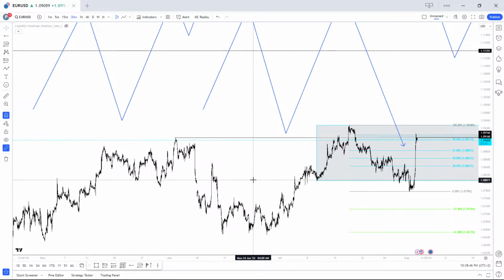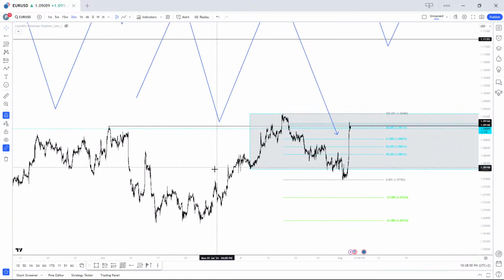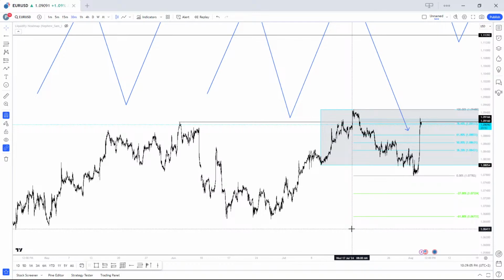So this could be a perfect example right here. Liquidity gets swept. Break of structure didn't happen though, but